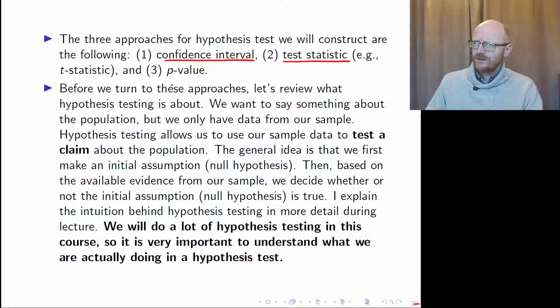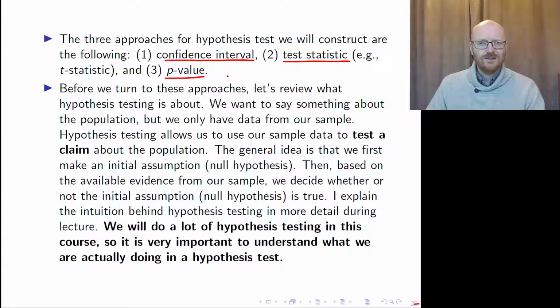And we are going to look into the p-value, the probability value. Given the distance between our null hypothesis and our estimate, what is the probability of getting something more extreme at random? But before we turn to the mechanics of this, I want to show you what hypothesis testing